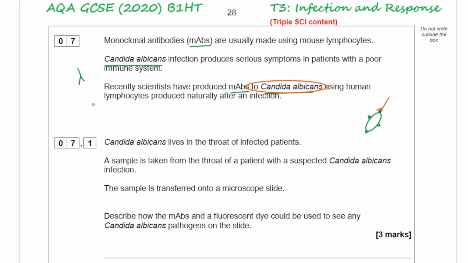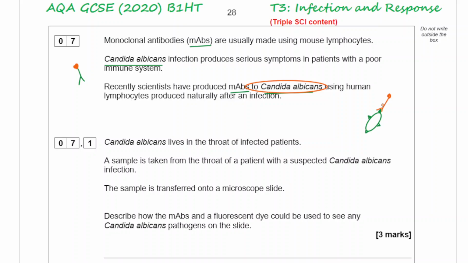So if that's a monoclonal antibody, we won't be able to see the monoclonal antibody. So what we want to do is actually attach this fluorescent dye to the antibody. Once the antibody and the monoclonal is attached to this fluorescent dye, and when we mix it, the antibody will attach itself to the bacteria carrying this dye, and once we wash off the excess,